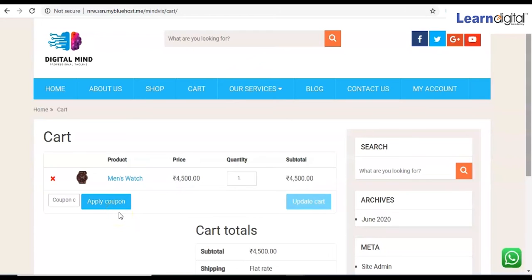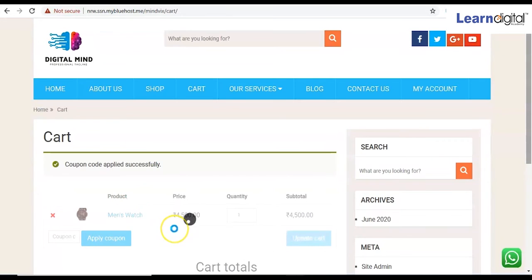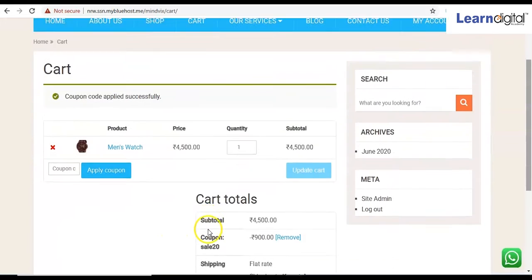So here I'll apply the coupon. The coupon I created is like sale 20. After applying the coupon code, I'll click on apply coupon and we'll see whether the coupon code is working or not. Right now it's working on that.